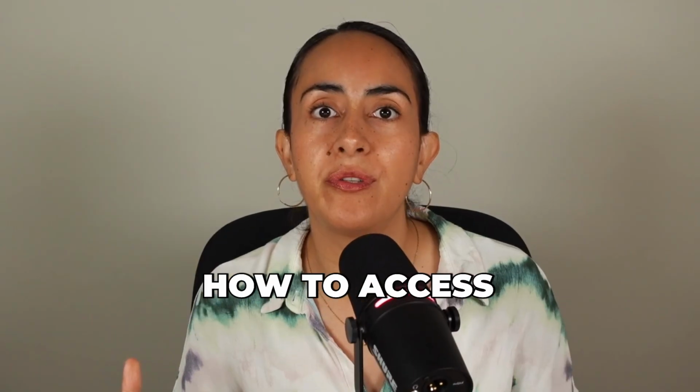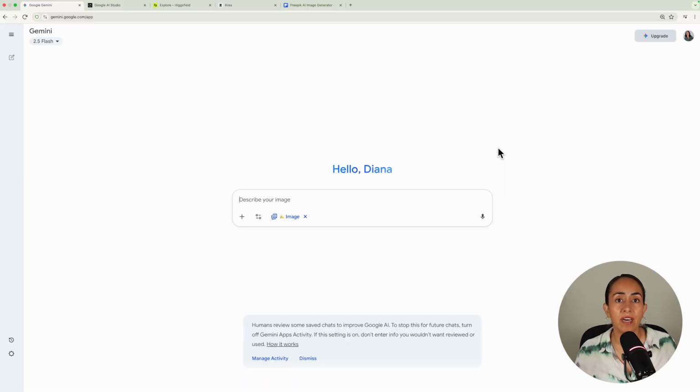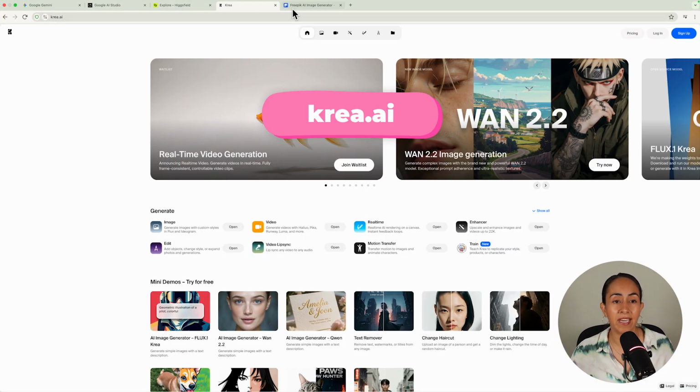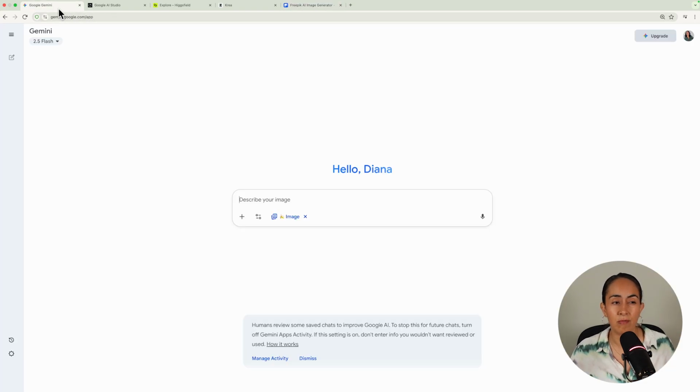The first tip that I have for you guys today is how to access Nano Banana. There are different places from which you can use this model, so you can go to Gemini, Google AI Studio, Higgsfield, Krea, FreePic, and other platforms, but the only two platforms that I tested were Gemini and Google AI Studio. And to be honest, Google AI Studio was consistently getting me better results, and I do believe